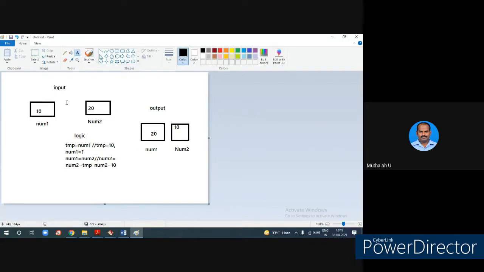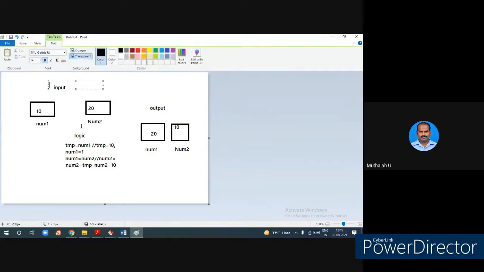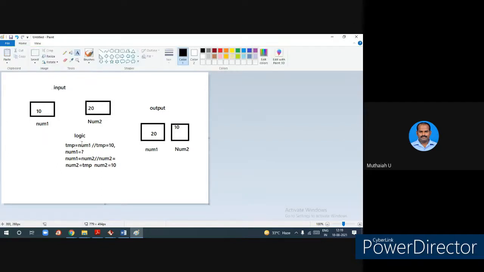Now we got an input, that is 10 and 20, stored in num1 and num2. This is the input. Next we applied the logic: how to swap these two values. We introduce a new variable, temp. In temp I first assign the value 10, so num1 will be empty.